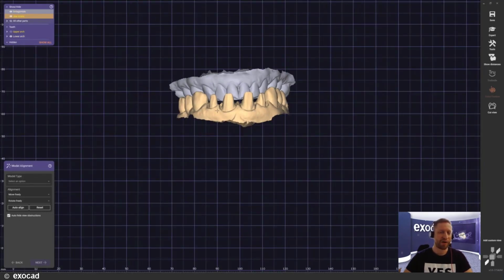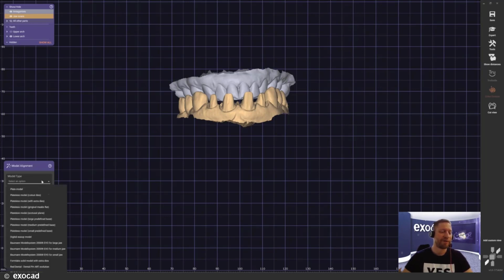The model alignment is our first step in creating a model because here we determine what kind of model we want to create. A lot of people that have been using our software prior to the Galway edition will see a slight difference next to the dark mode, of course, but you will see a difference here in the model type selection. The list has been changed a little bit. Prior to the Galway version, a lot of presets of printer versions could be selected here as well. We changed that a little bit, and you will see in the following why that is so.